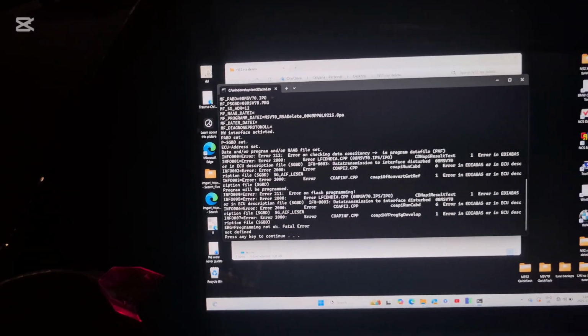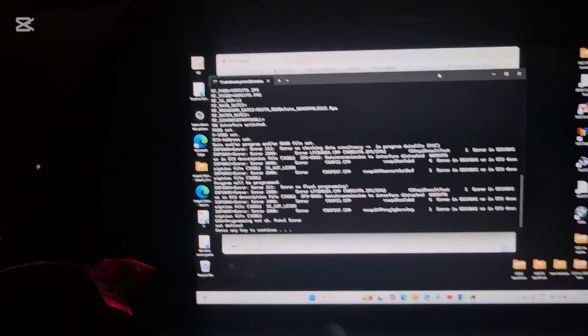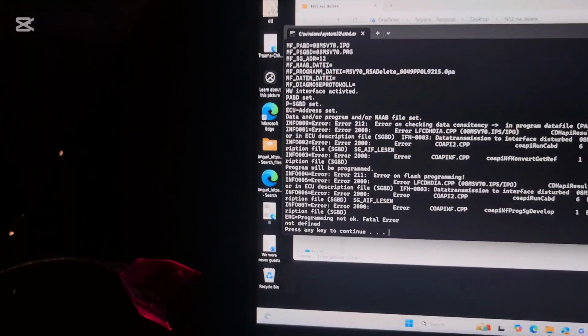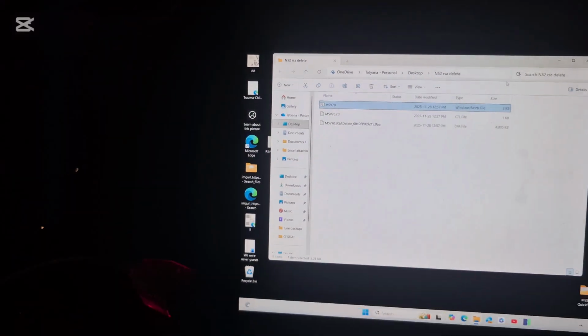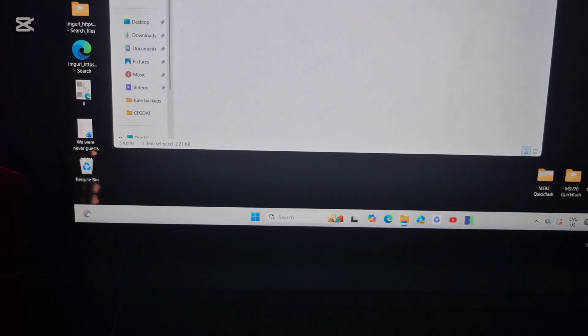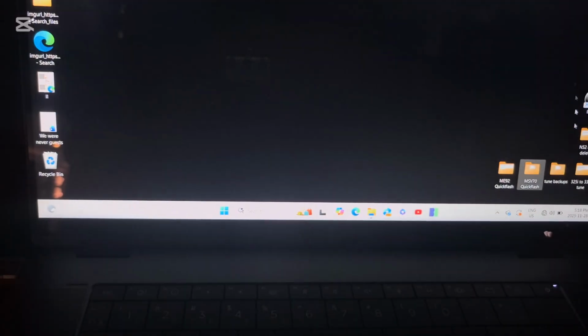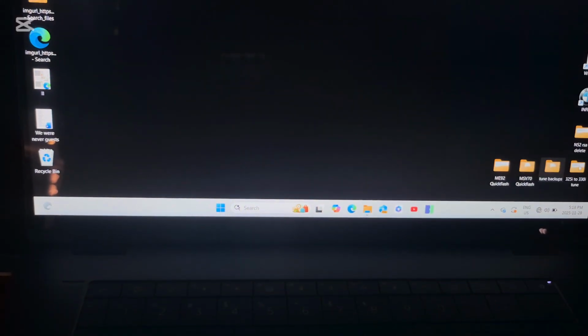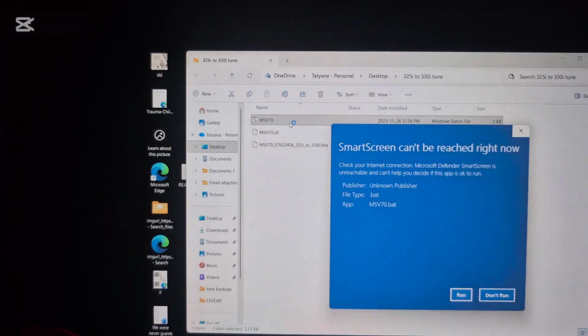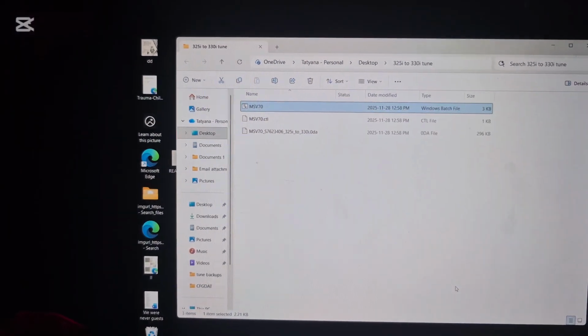And then, yeah. So once the RSA delete finishes, it's going to say press any key to continue. You're going to press OK, and it's going to tell you how everything went. And as long as it says programming OK at the bottom, which you'll see in the next clip, then you can close this, open up your tune file, and do the same thing. Open this, run it,